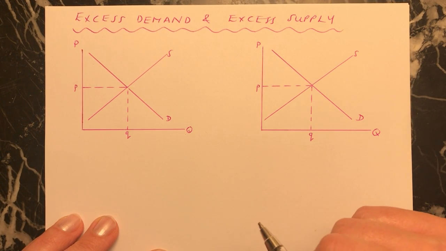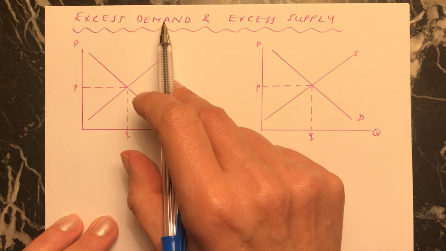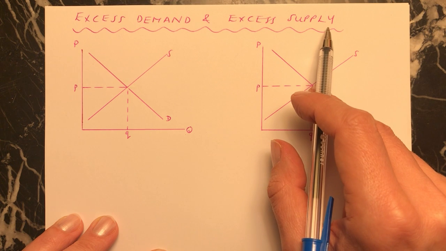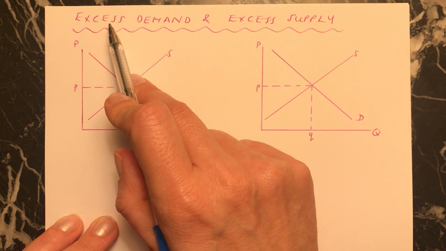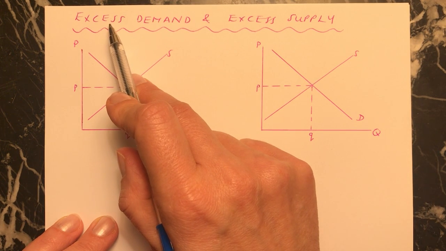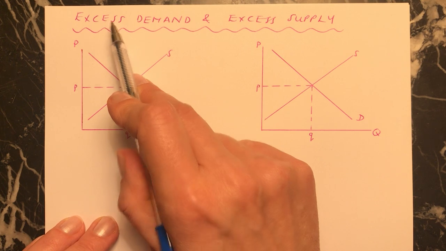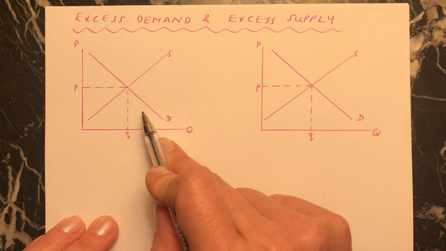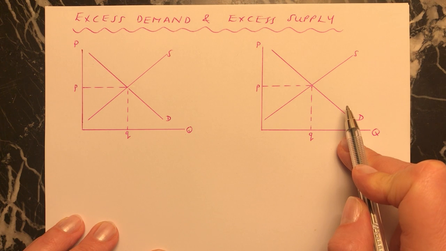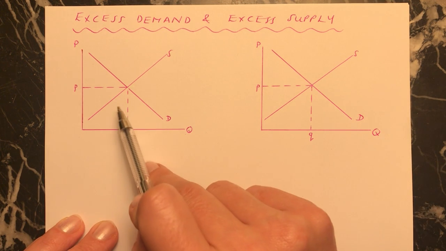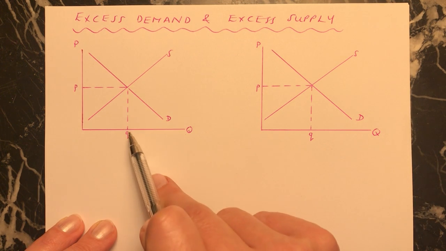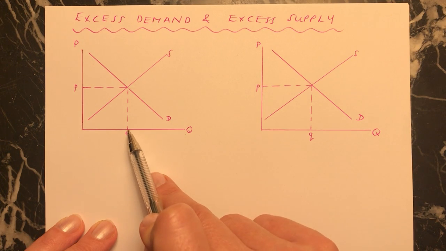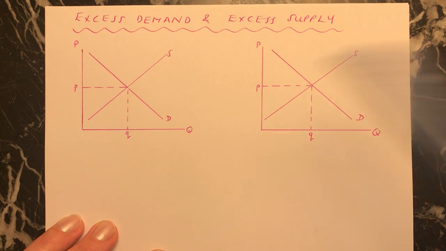Hi everybody, in this video we're going to be looking at excess demand and excess supply. And excess means that there is more of something, if we've got excess of something. And we're going to use one diagram for each: excess demand, excess supply. Let's imagine instead of being at the equilibrium price in a market, for some reason the price is not the